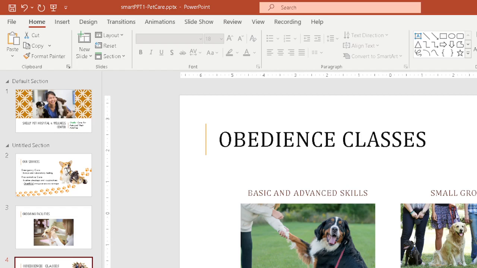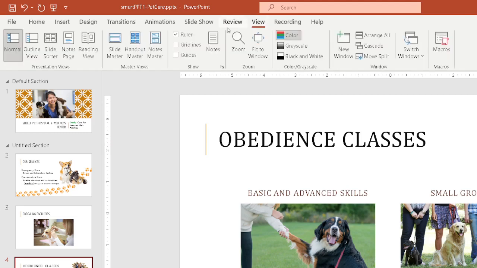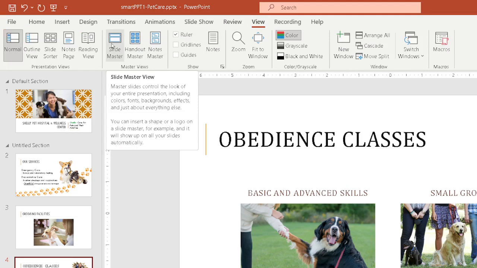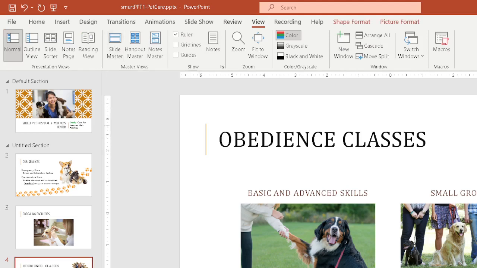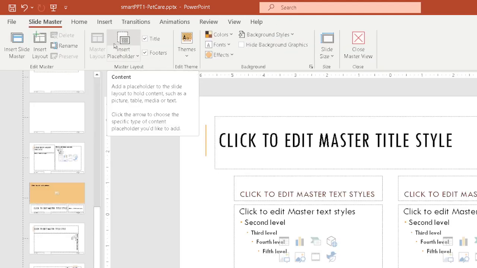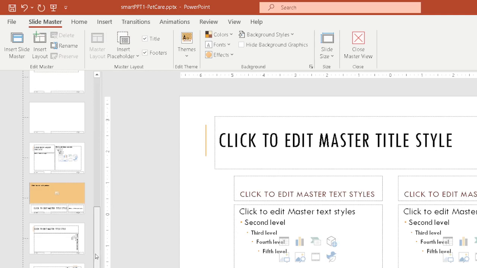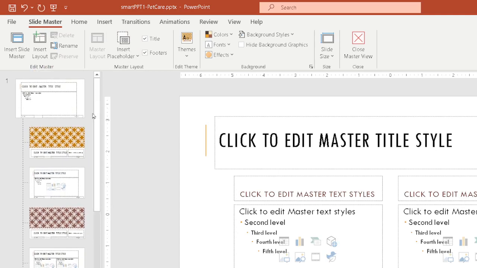Here is a very powerful way to adjust your slides all in one step. It's a little known feature: View, Slide Master. I made a copy of that picture. First I did a Control-C copy, and I'm going to go to View, Slide Master. Now the Slide Master is basically a